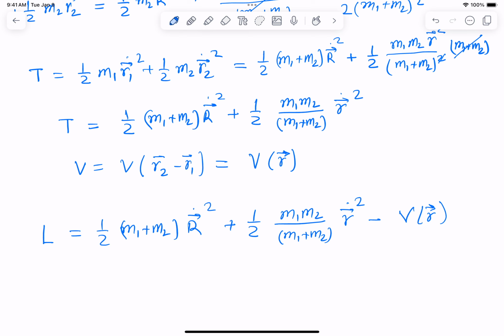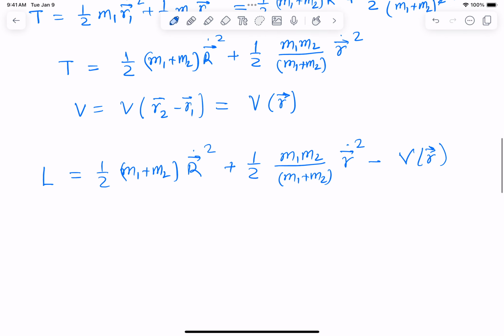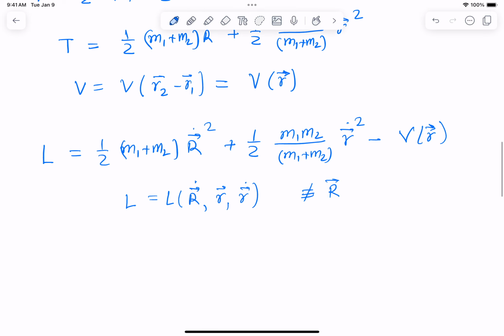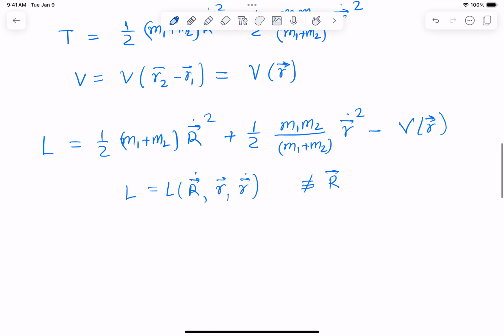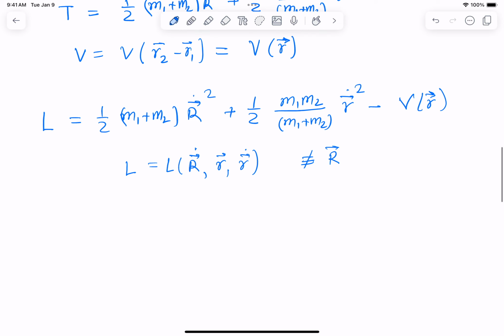Okay, and you can clearly see that this Lagrangian is of the form L of R dot, small r and small r dot. This does not depend on R. So since this Lagrangian does not depend on R, R is a cyclic coordinate,